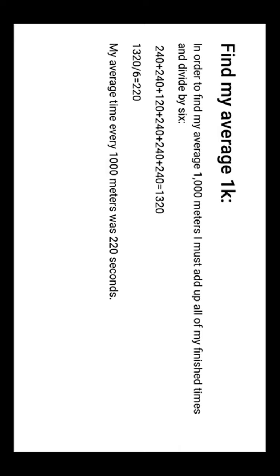Now I have to find my average speed, so I have to divide by 6, or the number of times I was given. And 1,320 divided by 6 is 220. So, in conclusion, my average time every 1,000 meters was 220 seconds. And this showed and demonstrated how I erged a very constant and steady race-paced